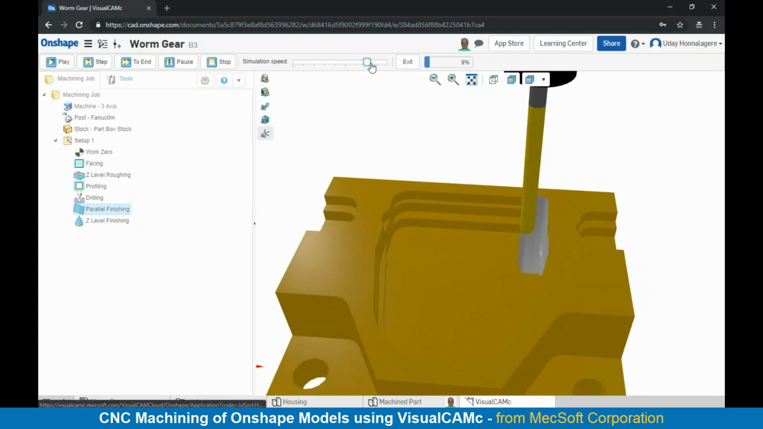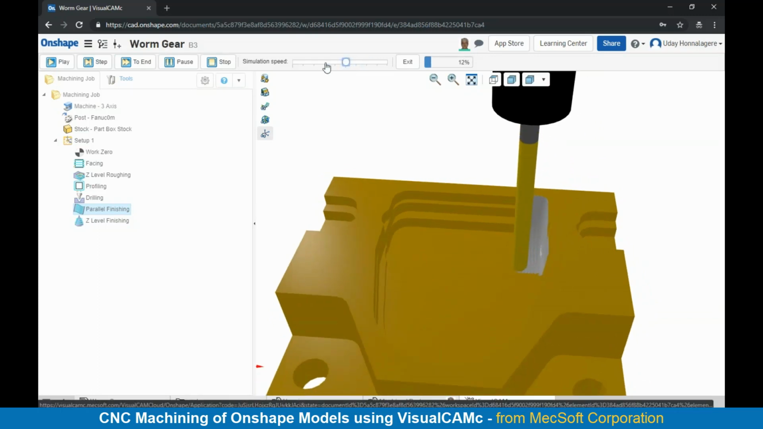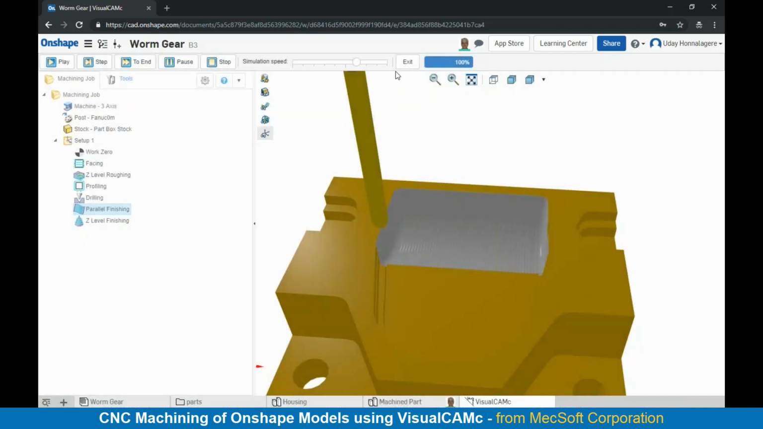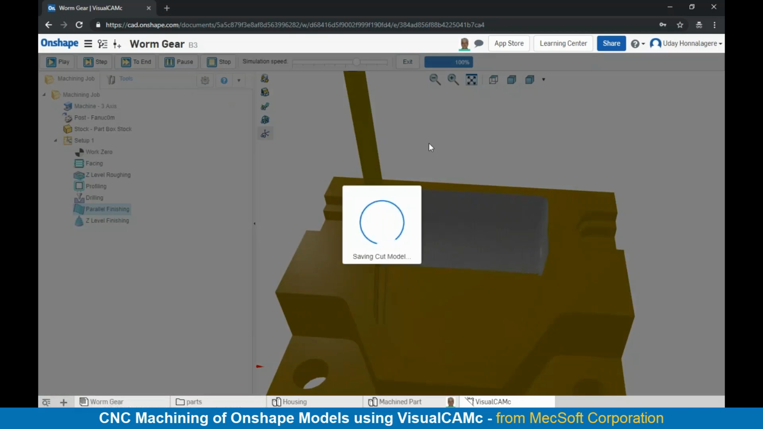You could always adjust your simulation speed to have it go faster or slower. Or if you want to pause the simulation and skip it to the end, you can select pause and then go to end. So you have all of these controls in simulation. And exiting the simulation will save the cut model and display it on top of the part while in the